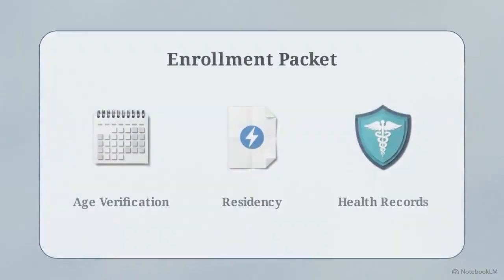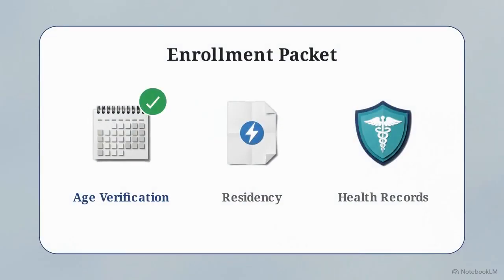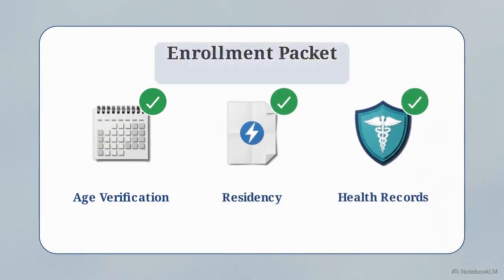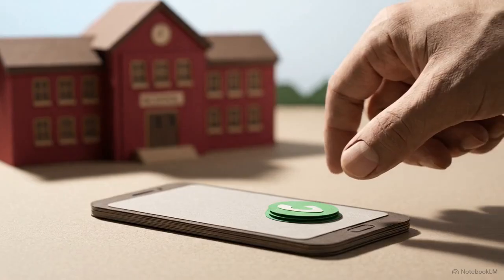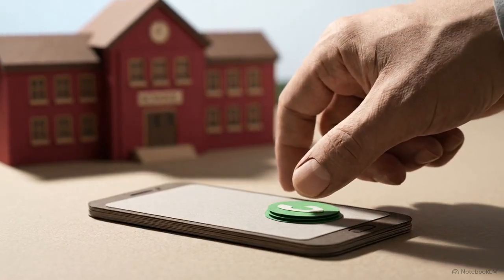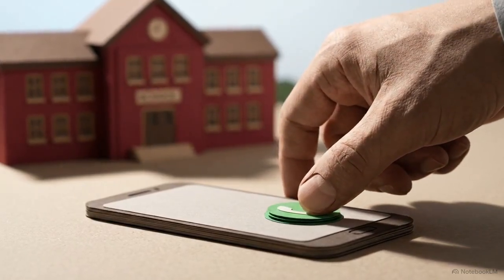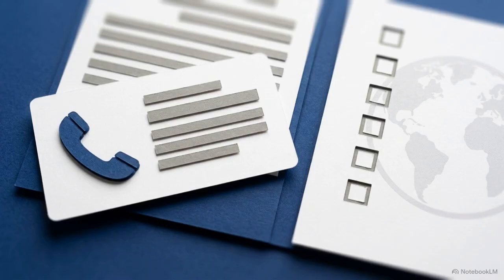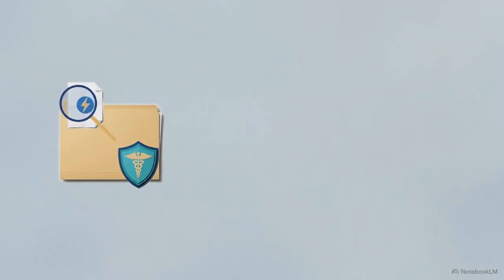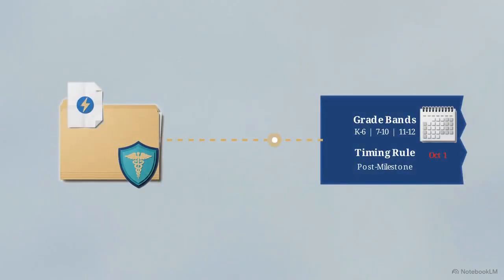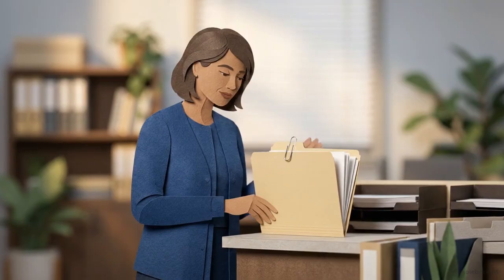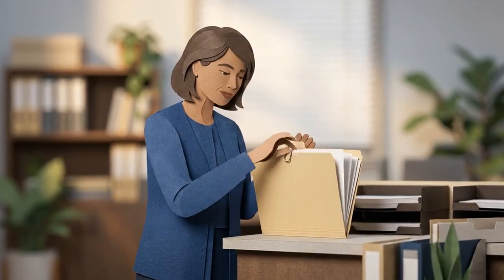Your complete enrollment folder is now assembled. Your child's age is verified, your residency is established, and you have audited your health records against the state's immunization matrix. Before you drop this off, call your local school to ask if they require any district-specific cover sheets, like emergency contact lists or language background forms. By auditing these specific documents against state standards before you arrive, you have prepared a file that is ready for the school's review, minimizing the risk